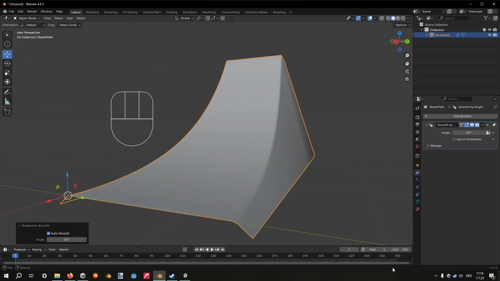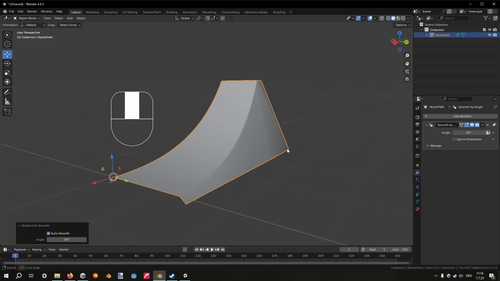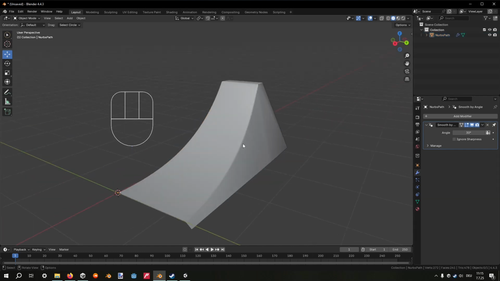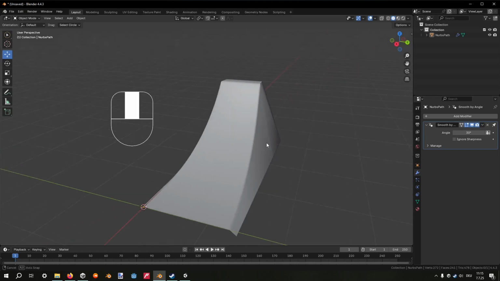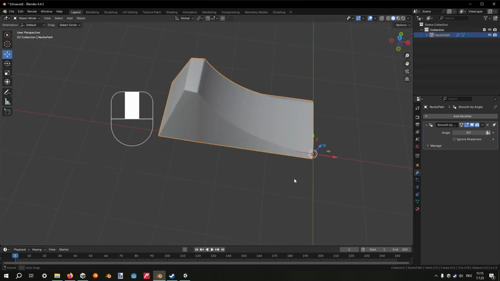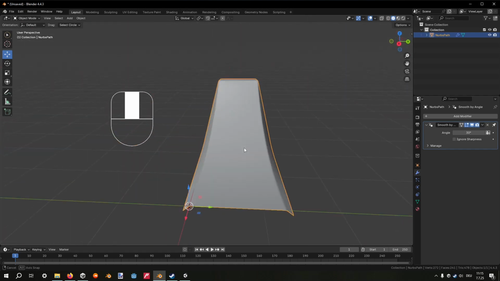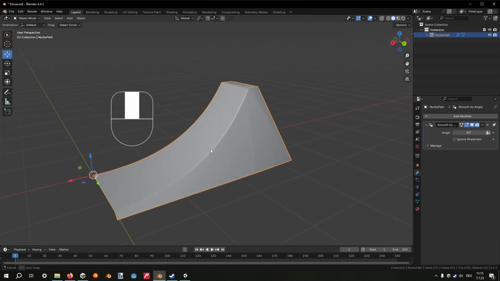If you right click down here and enable scene statistics, you can also see how many triangles or vertices or faces your object has. If you're making just a simple dirt ramp, I would try to not go higher than 500 or 1000. Okay, so this is now finished, but it's still quite wide, so we want to make a